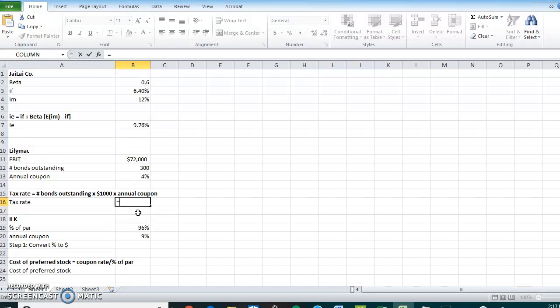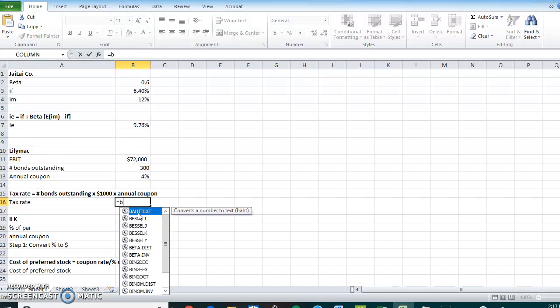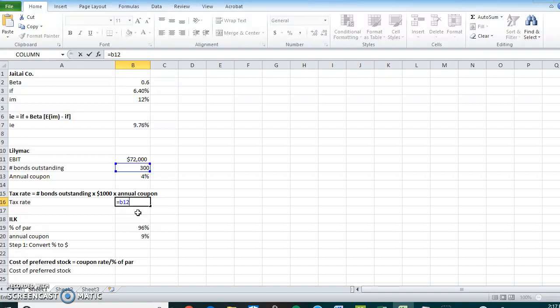Okay, so we're looking at our number of bonds outstanding, which is B12, times $1,000 times our annual coupon rate, which is B13, and that equals 12,000. Now we're not done, because that 12,000 then gives us an EBT, earnings before taxes,